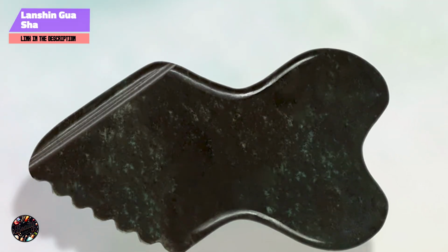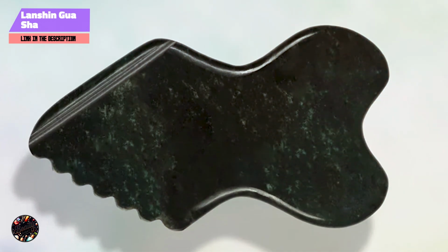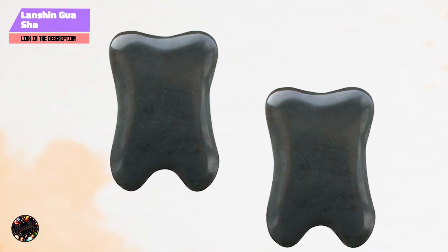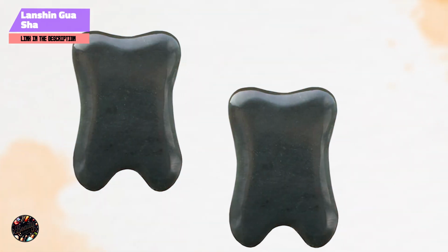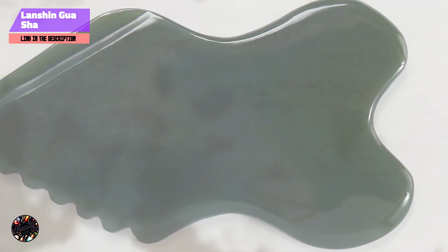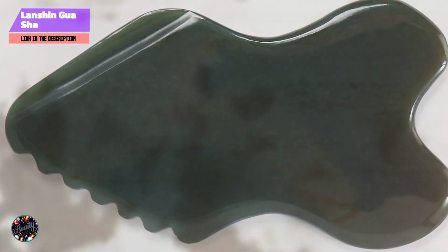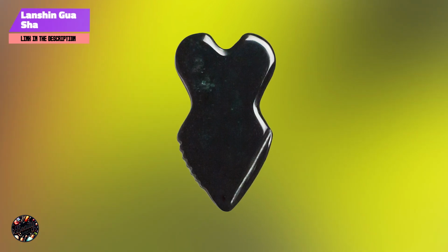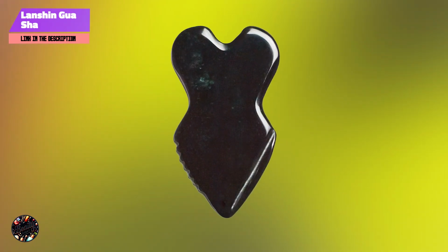Usability. The Lanshin Gua Sha tool is designed to be user-friendly, even for beginners. Its lightweight and ergonomic design make it easy to handle, allowing for precise movements during your facial massage. Whether you're using it in the morning to reduce puffiness or at night to relieve tension, this tool is simple to incorporate into your routine. The multiple edges and curves of the tool make it versatile, allowing you to target different areas of the face